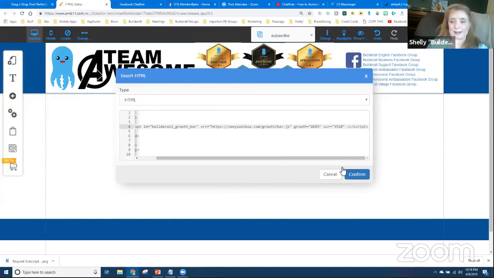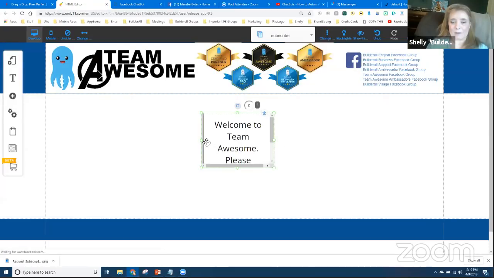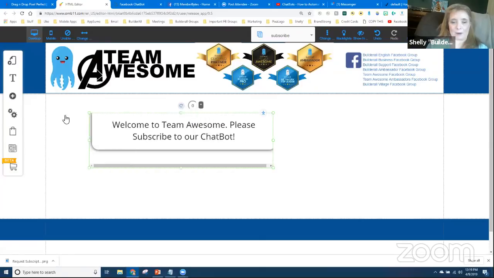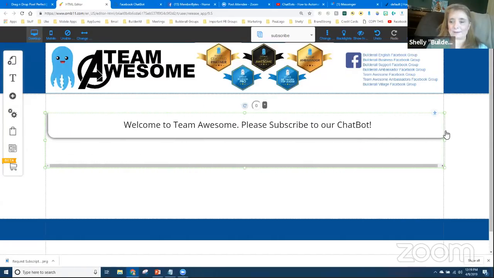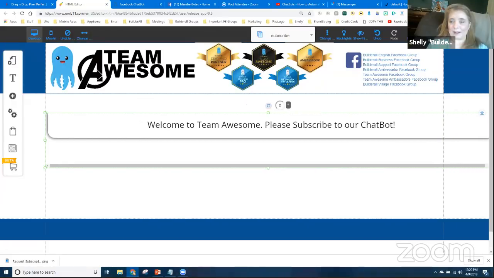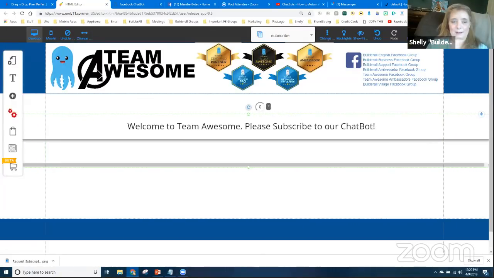There it is. And let me go back and show you that it's in between the two head tags, the opening tag and the closing tag. And I'm going to go ahead and click confirm. Now we'll make it wide because it's got to be wide enough. So widen it up just like that. Oh my gosh, go all the way across.